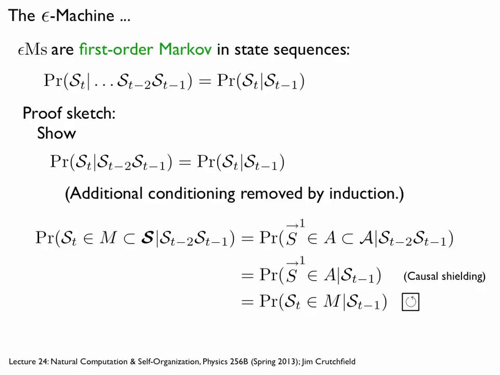So what do we mean by first-order Markov? Remember, in a general Markov process, the next variable can depend on an arbitrarily long past. If it's first-order Markov, all that's relevant is the value of the variable at the previous time step. So the causal states are summarizing the past this way. Okay, for the sketch of the proof, we'll assume that the current variable just depends on the previous two steps, and then we want to show that it really depends on only one previous step. Then you could, by induction, get up to longer histories.